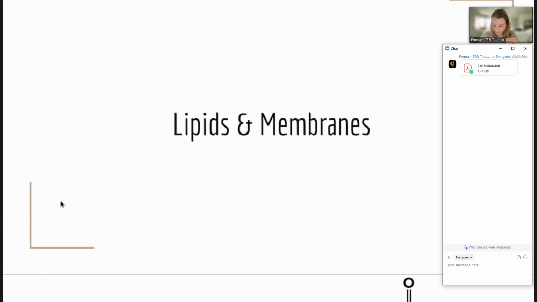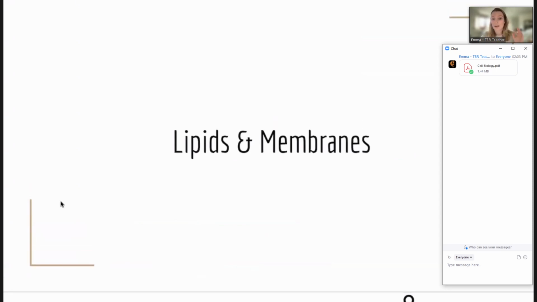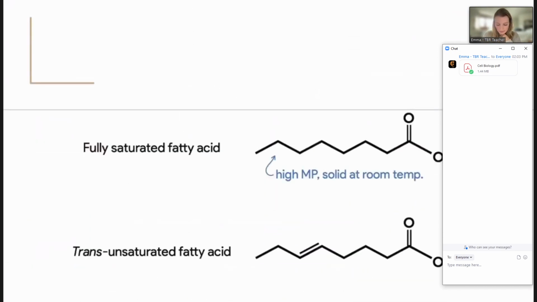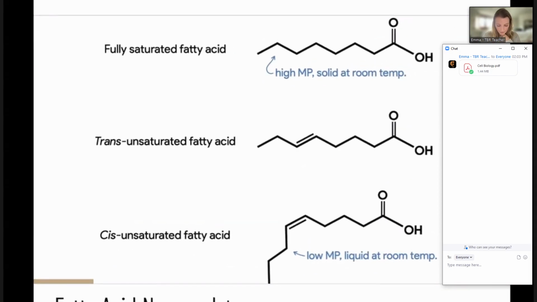So we're going to start at lipids. Particularly, we're diving towards lipids in the membrane form. We know that lipids obviously have other functions that they are a part of, but today we're focusing on the lipids to membrane journey. And so when we think about that, often you will see lipids or fat molecules depicted like any of these. When you see a structure that has this long tail and a carboxylic acid group on the end, you should immediately be thinking lipid.